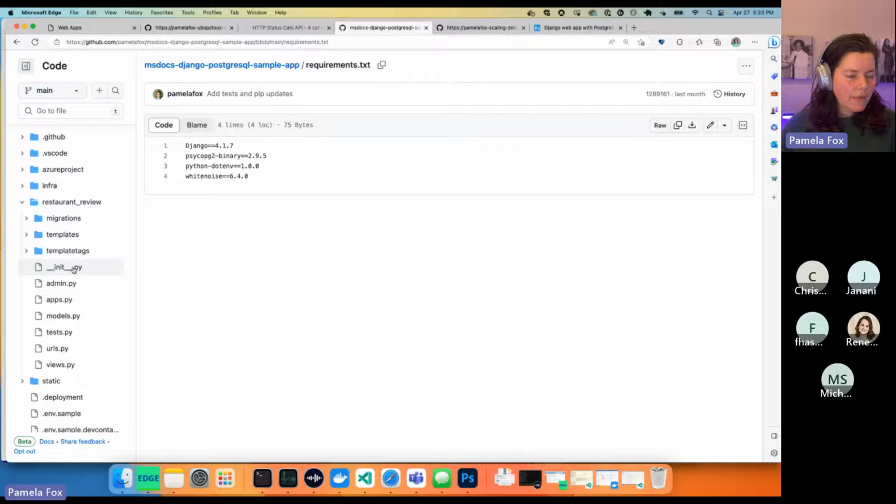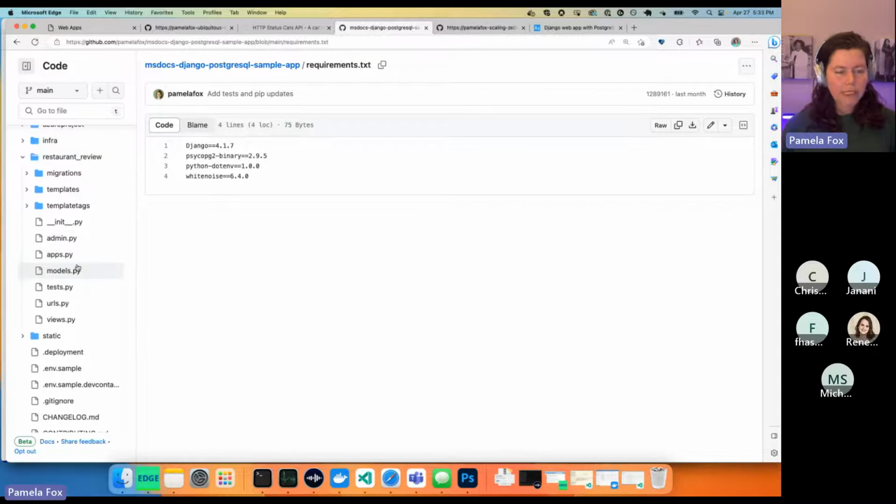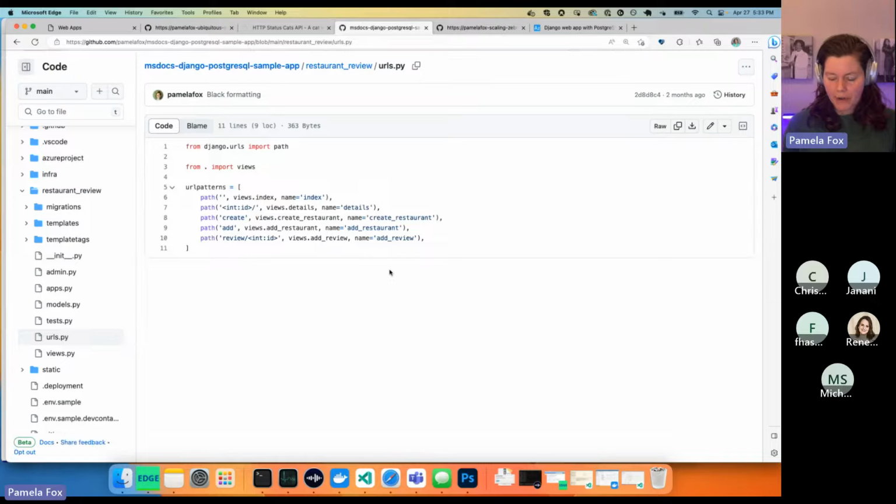Then we can look inside restaurant review for everything that has to do with the restaurant functionality we see. Generally in Django, you'll find every folder has urls.py, views.py, and models.py, hopefully tests.py if you're testing your code, and sometimes admin.py. So let's start with urls.py.